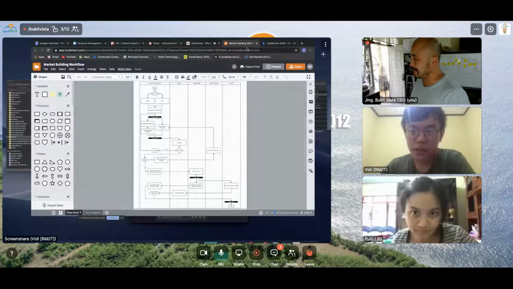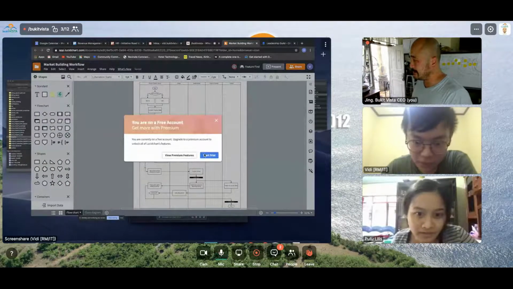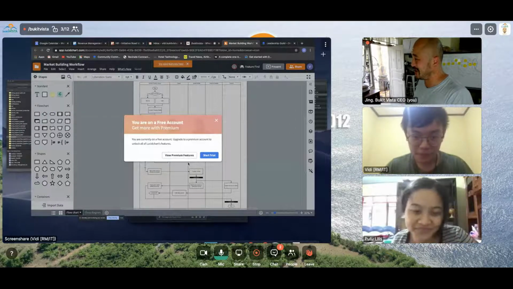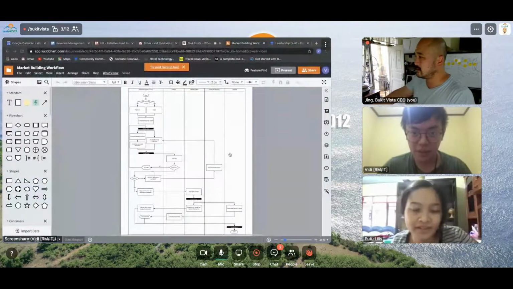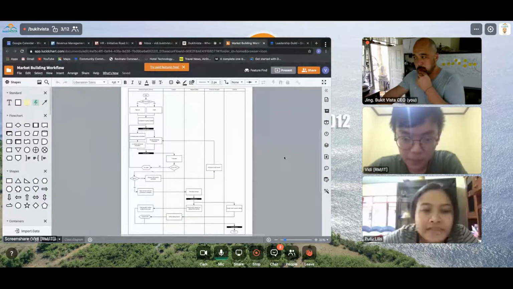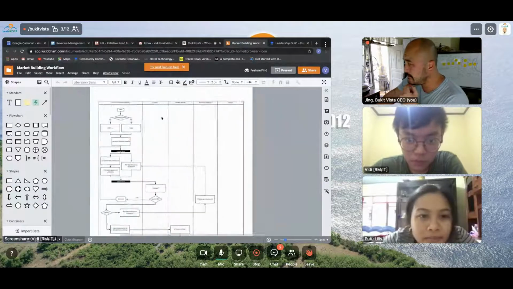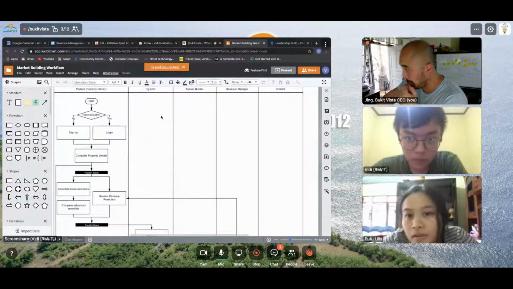So this is the chart. Lolis, can you please explain what's happening? Okay, can Lolis explain this chart? So basically, we have five entities here: the partner, which is the property owner, the system, market builder, revenue manager,